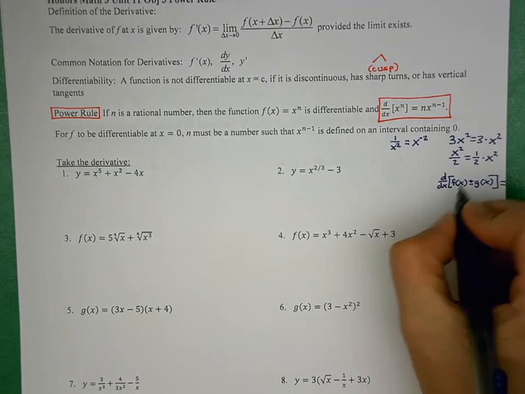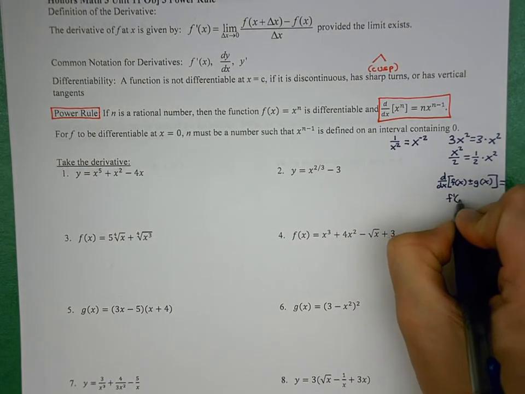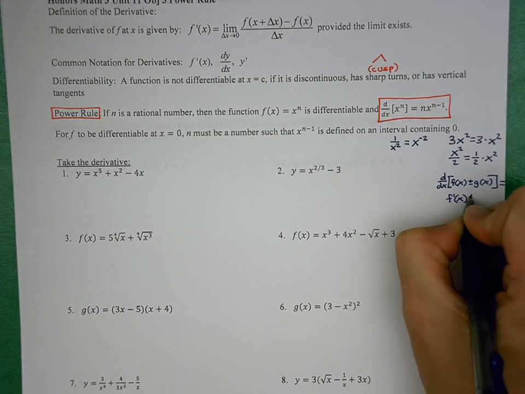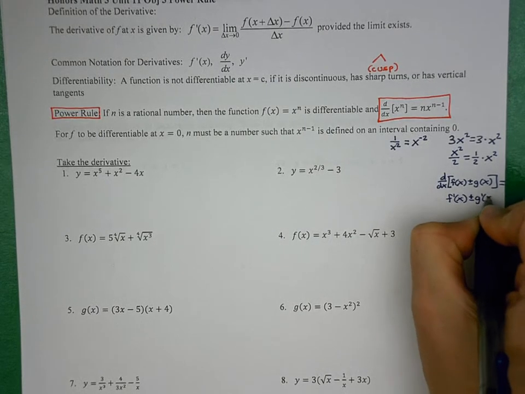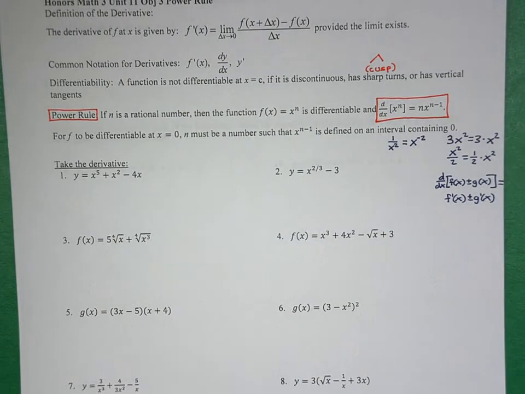I can take the derivative of f, and then I can take the derivative of g and just add or subtract them together. And that's fine. However, anything that is being multiplied or divided or an extra exponent implying some sort of maybe FOIL idea,